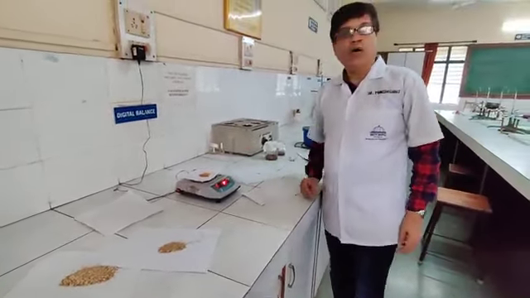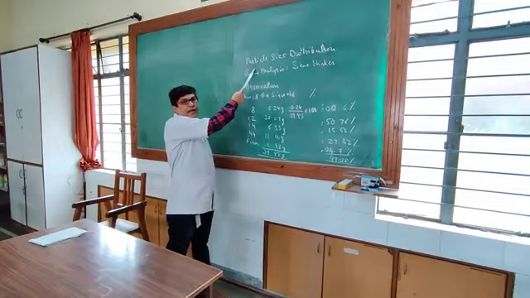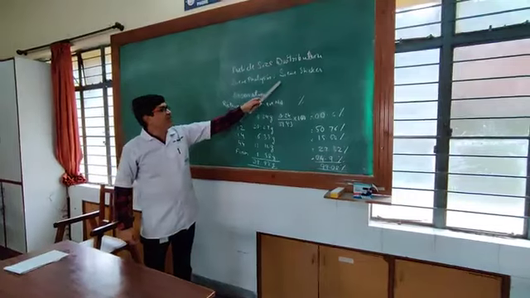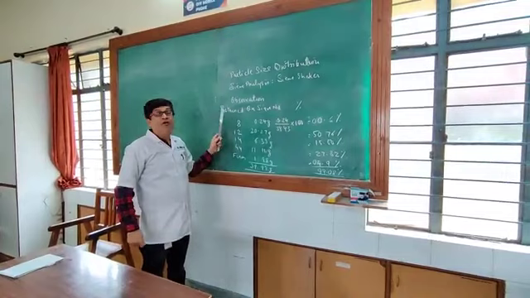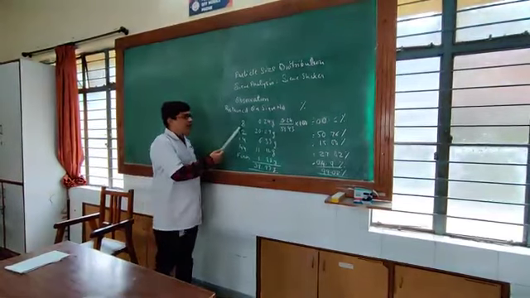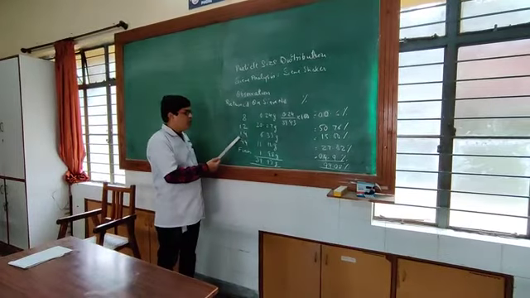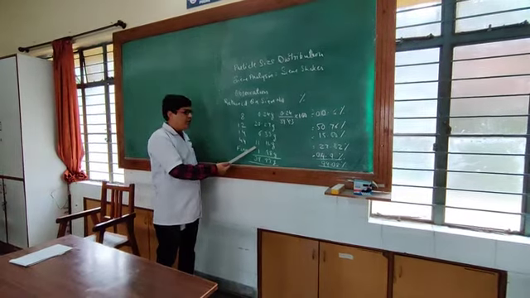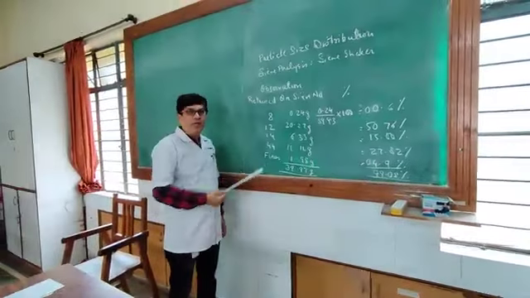Now let us see the calculation on the blackboard. What we are finding out is the particle size distribution. We have already done the sieve analysis using the sieve shaker, and we have the observations of the amount of granules retained on different sieves. On sieve number 8 we have 0.24 grams, on sieve number 12 we have 20.27 grams, on sieve number 14 we have 6.33 grams, on sieve number 44 we have 11.11 grams, and the fines that passed through sieve number 44 are 1.98 grams.